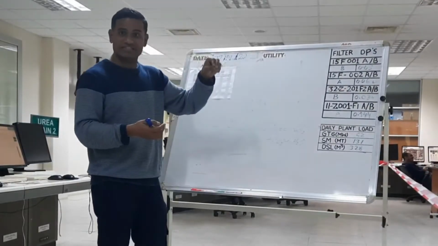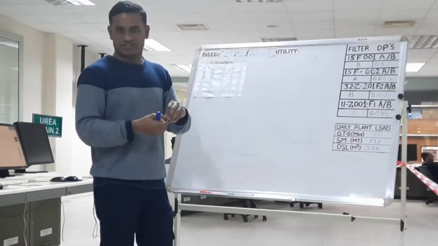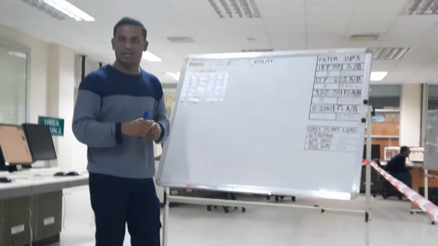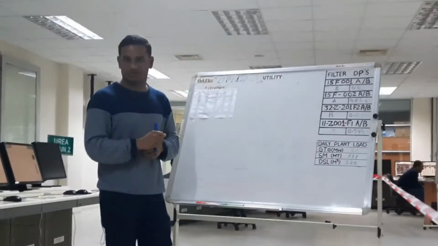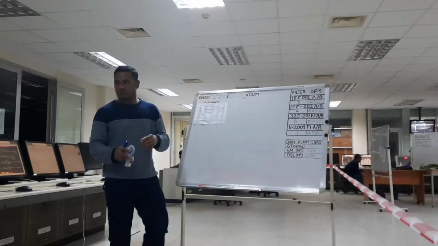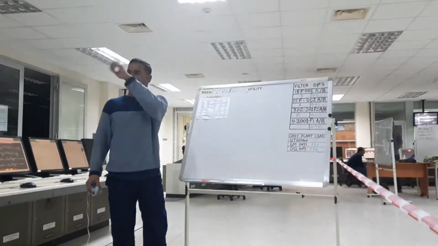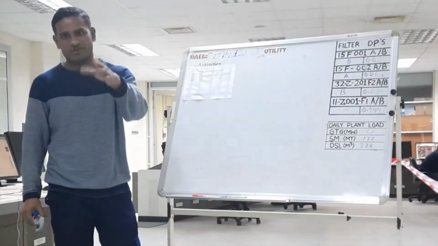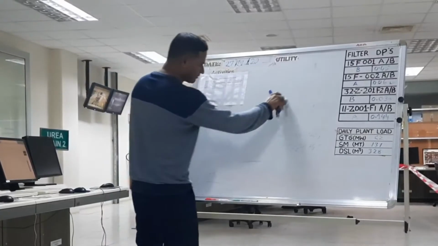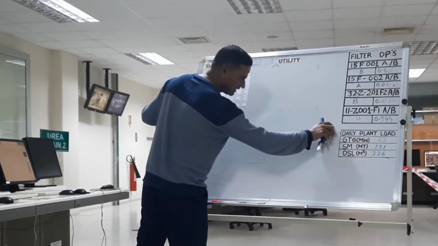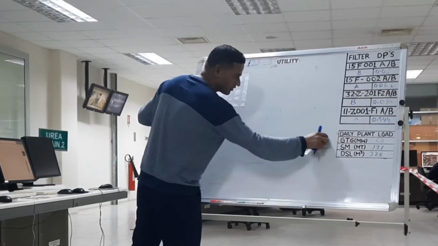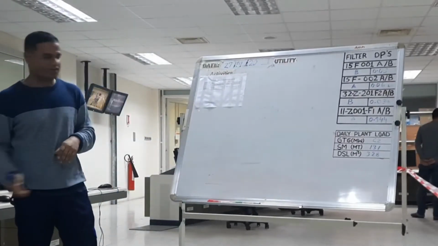Some hydrochloric acid is still remaining in the evaporator cell of the desalination unit. For removing it, we need neutralization, because this hydrochloric acid has a very low pH. If this low pH goes to the outflow, it is not possible, that type of pH cannot be sent to the outflow. So for that reason, we require neutralization.